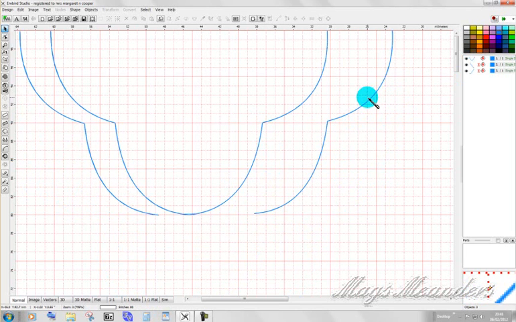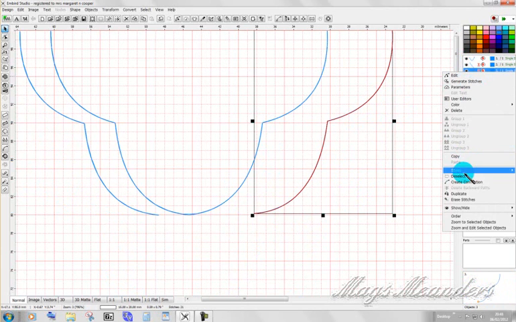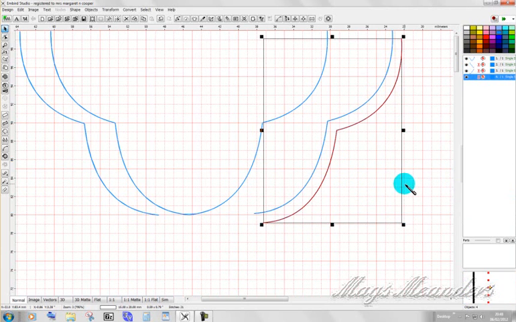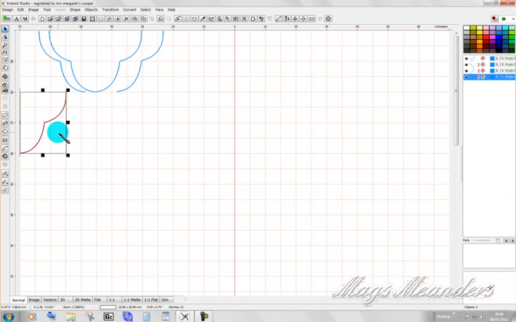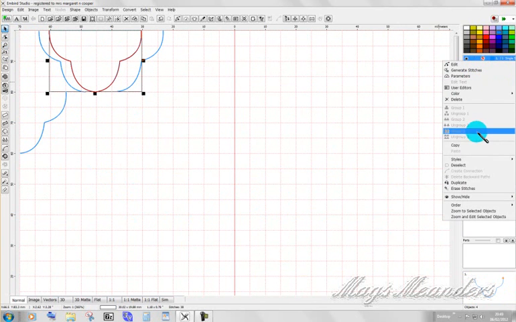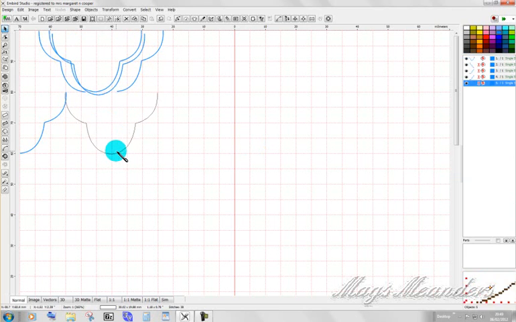Now I want this one, right, and I want to duplicate that one. So I tell that duplicate. Thank you. And I have to drop the magnification a bit for a minute because I need to see what it is I'm doing. And I'm going to drag this one so it intersects exactly on those lines. Then I'm going to duplicate this one. Tell that one duplicate, drag him down so he fits